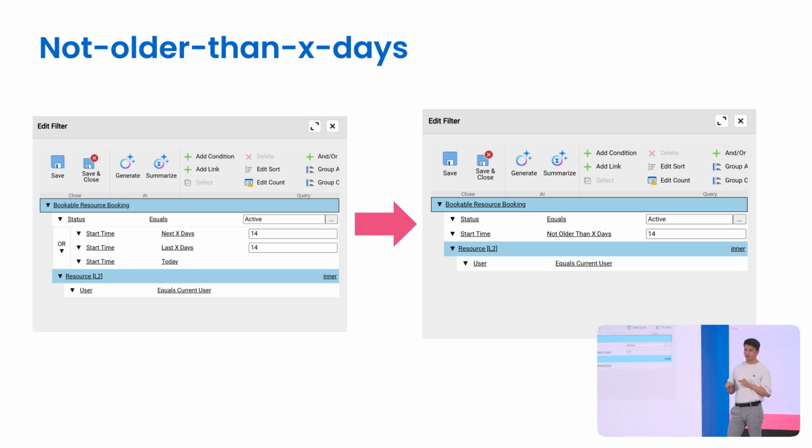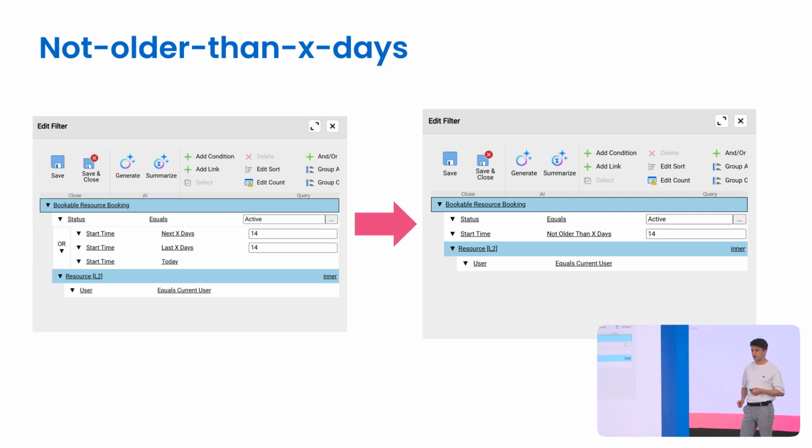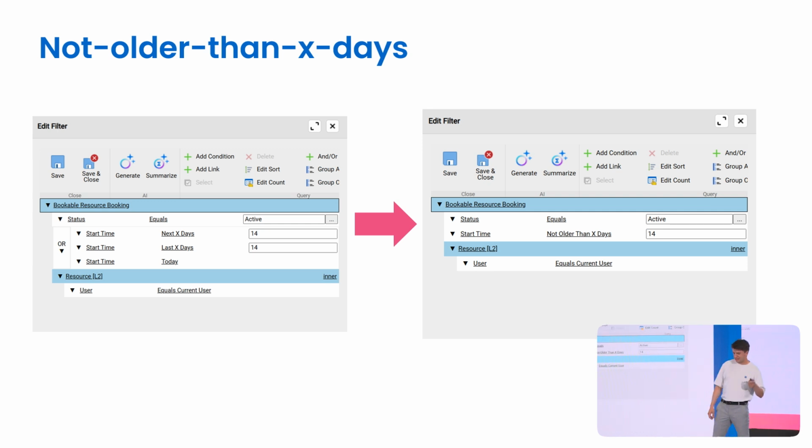Next one is the not older than X days. I think this is not a well-known feature, and it's a special operator that's available just in Resco. Actually, we got this idea on Resco Next a few years ago, and what it can do is really what it says. So just not older than X days. But